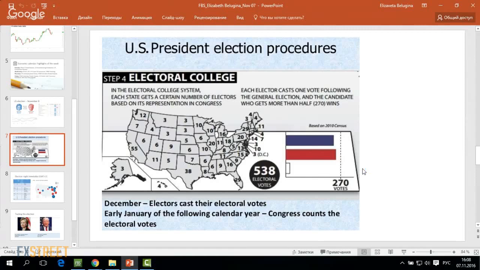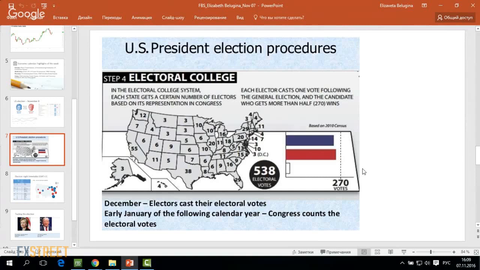And American people on Tuesday, November 8th, will be choosing not Hillary Clinton and Donald Trump directly, but the electors who will cast their electoral votes in December, so that at the beginning of January 2017, Congress would count these votes and the official results of the election